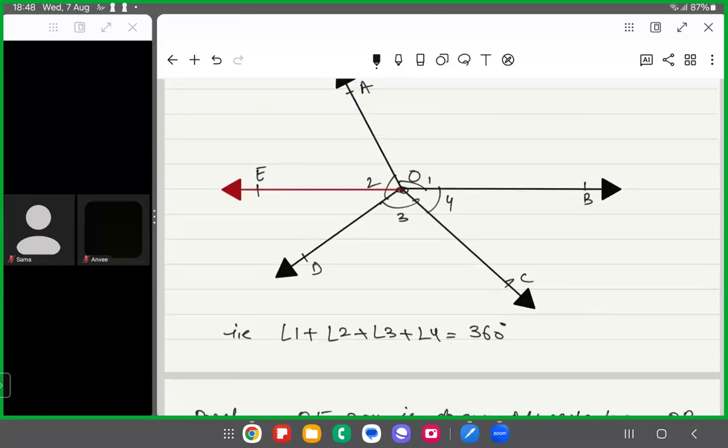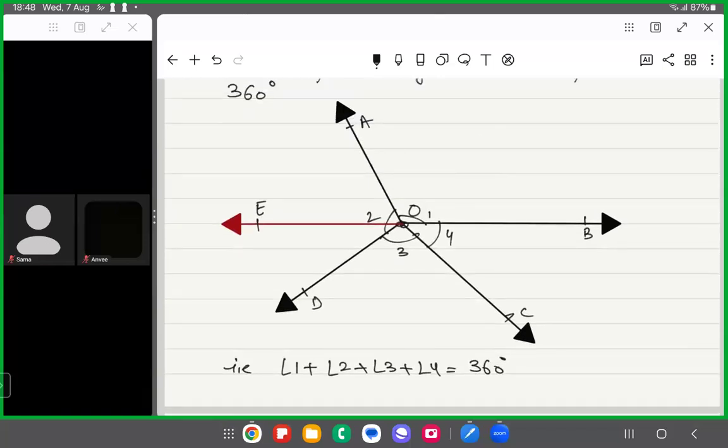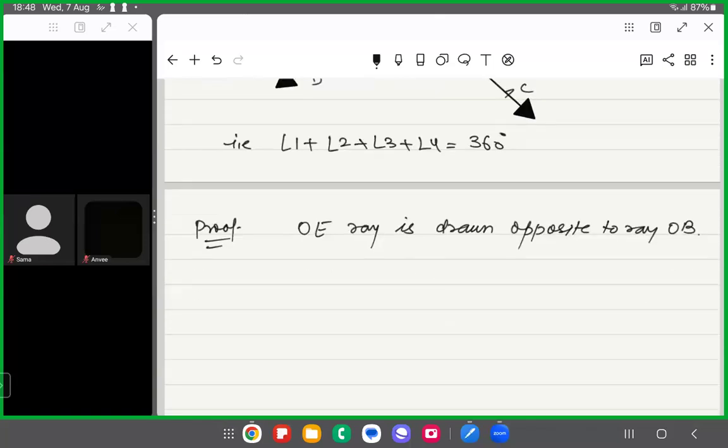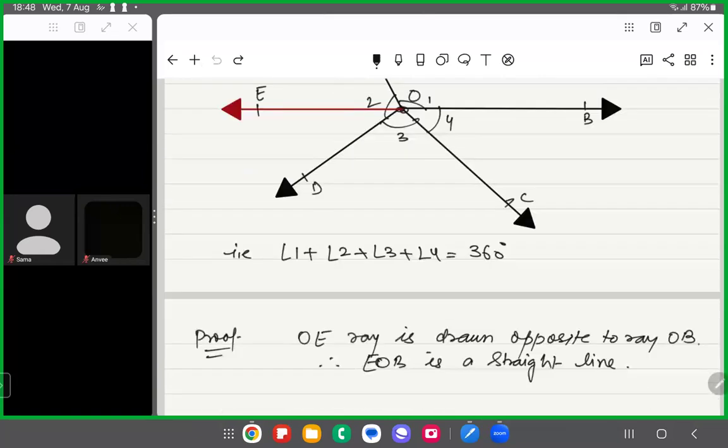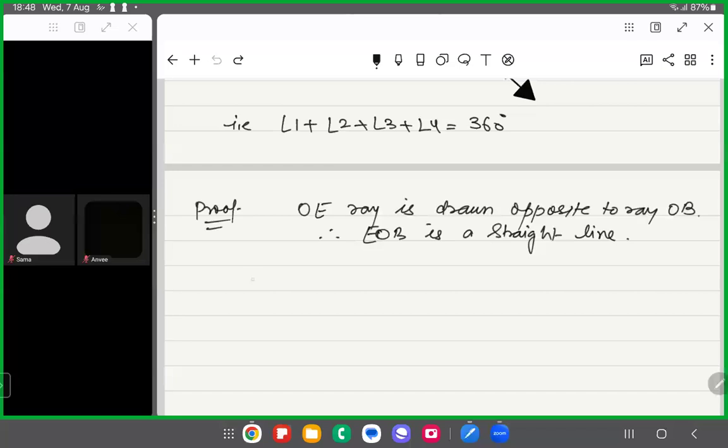That means EOB is a straight line when we have produced it. Therefore, EOB is a straight line. Now look at this ray, OA. If EOB is a straight line, then OA is a ray that stands on a straight line, and we have a theorem on this. So we can say that OA stands on